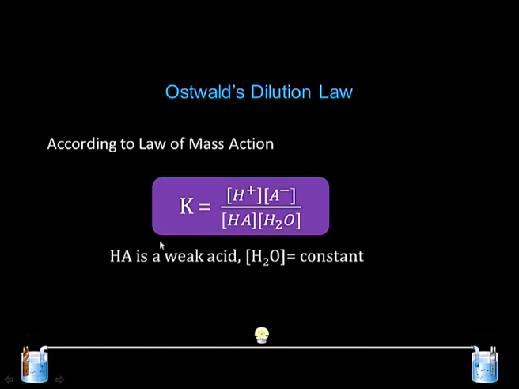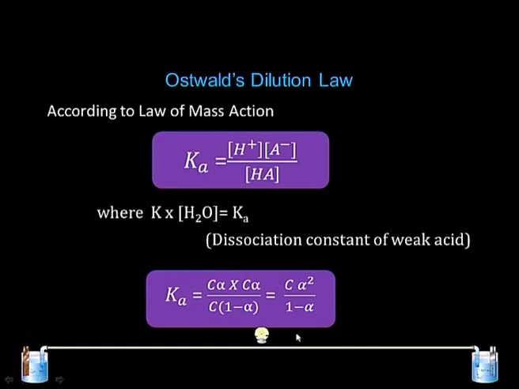So, we can write an expression for the equilibrium constant, and we can look at this water term, which is in the denominator. It is basically a constant because a huge amount of water is present, and comparative to that the acetic acid or any weak acid is very low in concentration. So, this amount is fairly constant. So, we can multiply this with the K, and the moment we multiply it, we get a new constant.